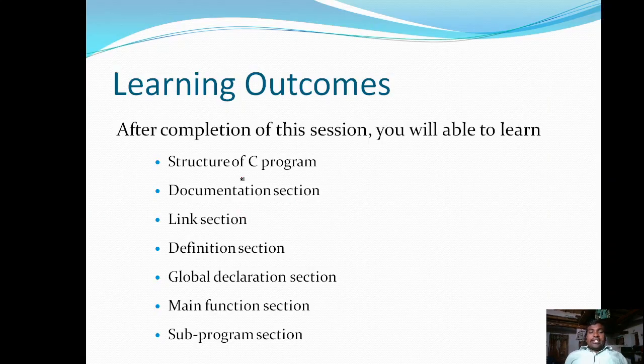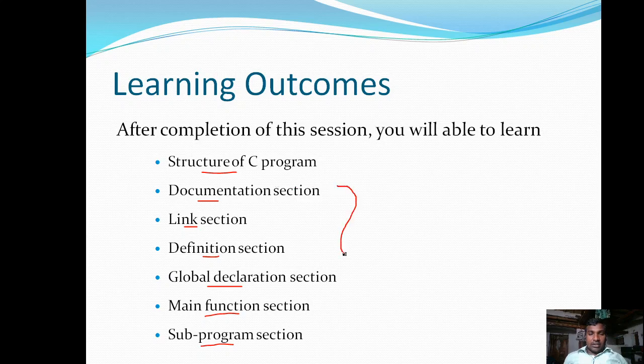So the learning outcome of today's session: after completion of this session, a student will be able to know what the structure of a C program is, and what is meant by a documentation section, link section, definition section, global declaration section, the main function section, and the subprogram section.